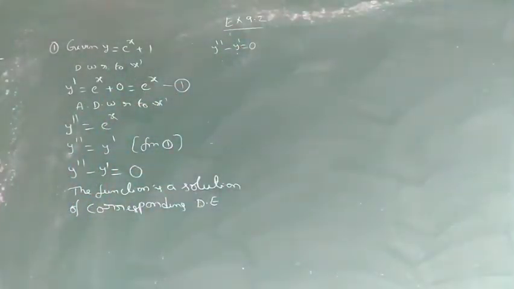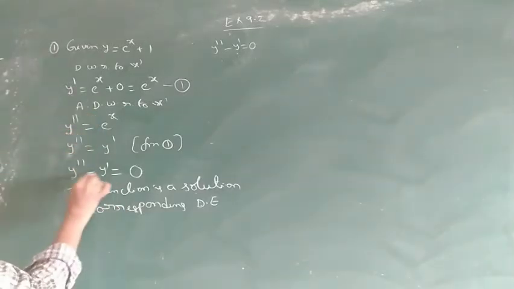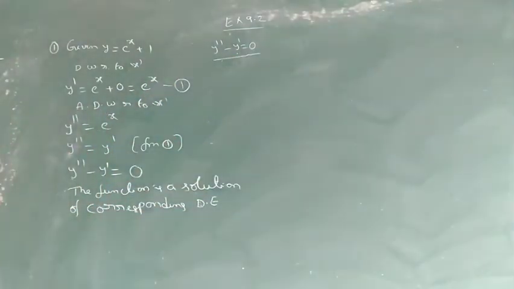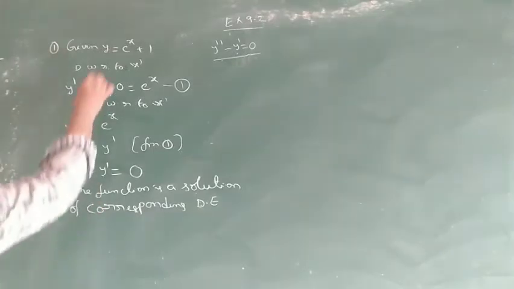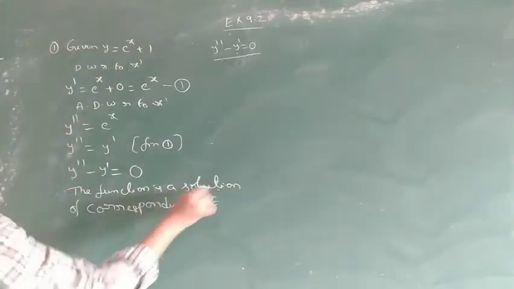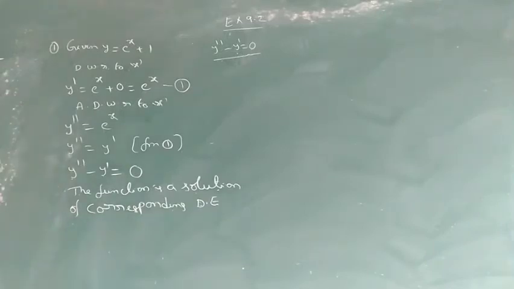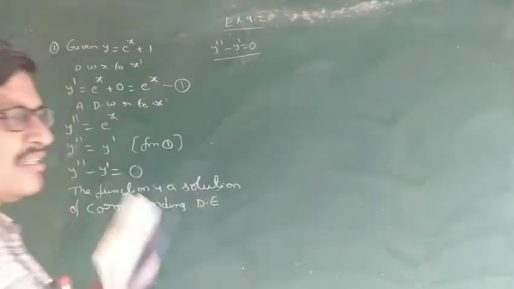How to prove a solution of the given differential equation? Y double dash minus y is equal to 0 is satisfied. Y satisfies the given differential equation. So the function y is a solution of the corresponding differential equation. Okay, that proves it. Next,